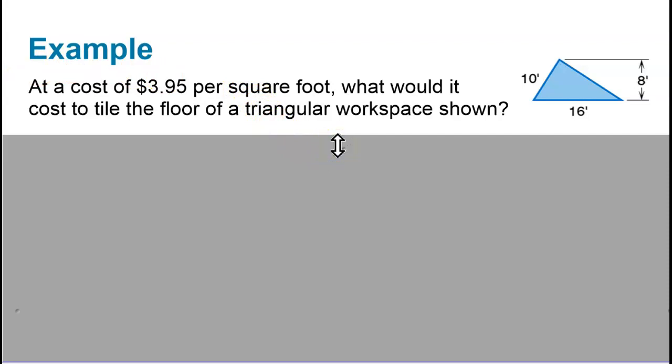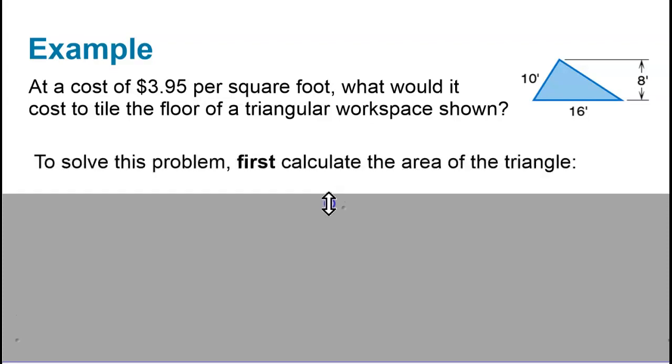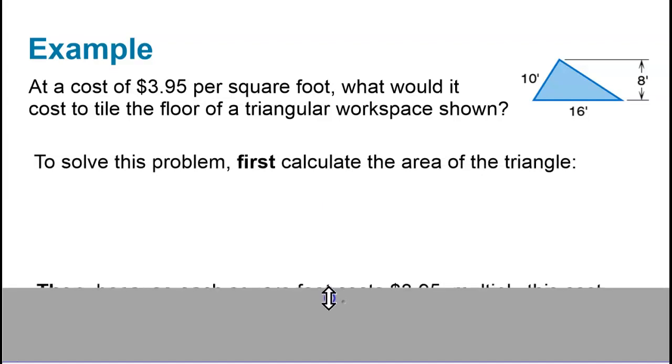So if we're looking at tiling the floor in this rectangular space, we need to find the area so we can find out what that square footage cost is going to be. And so go ahead then and calculate the area of the triangle. So area